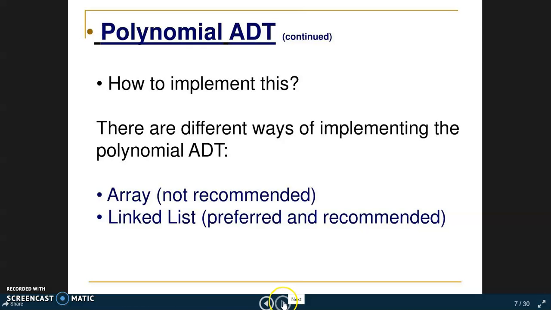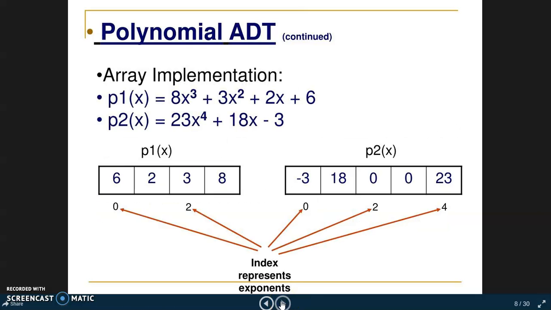We will see what the disadvantages of arrays are and what the advantage of a linked list is. Say, for example, we have polynomials like this. Our first polynomial is 8x^3 + 3x^2 + 2x + 6, and the second polynomial is 23x^4 + 18x - 3. Whenever we store these polynomials in arrays, we consider the x powers as the indexes for our base values.